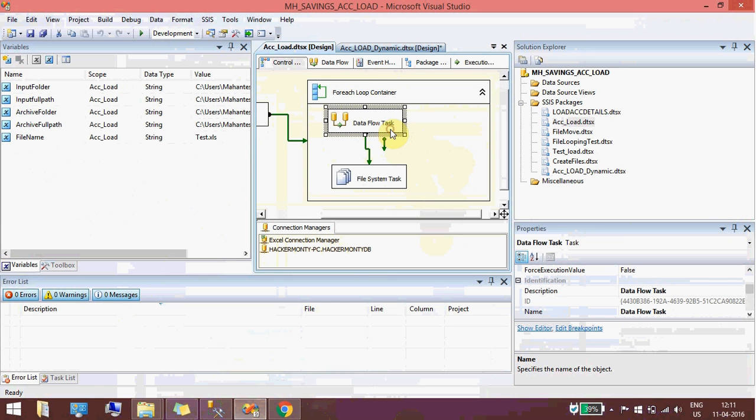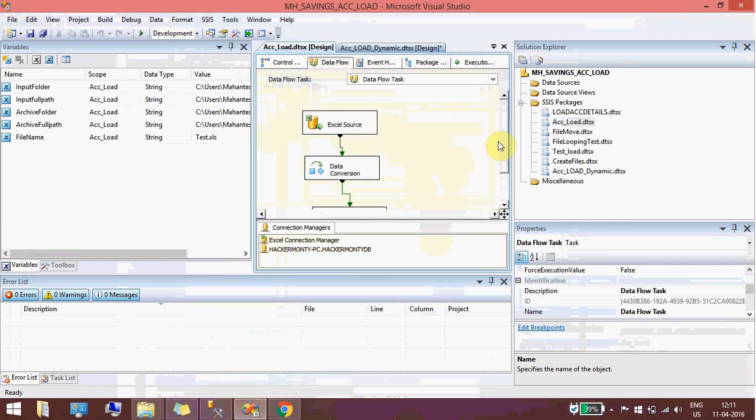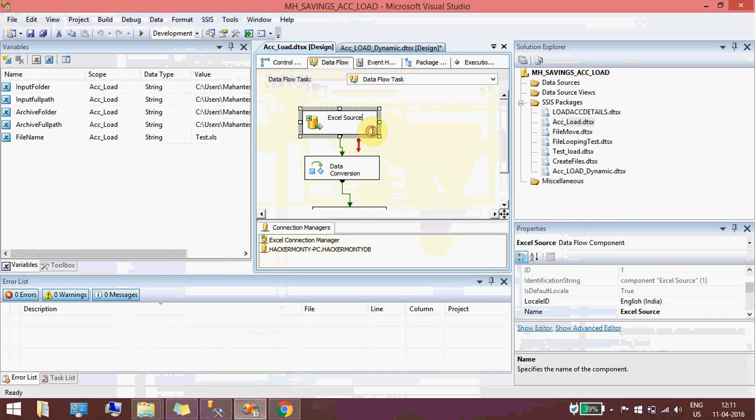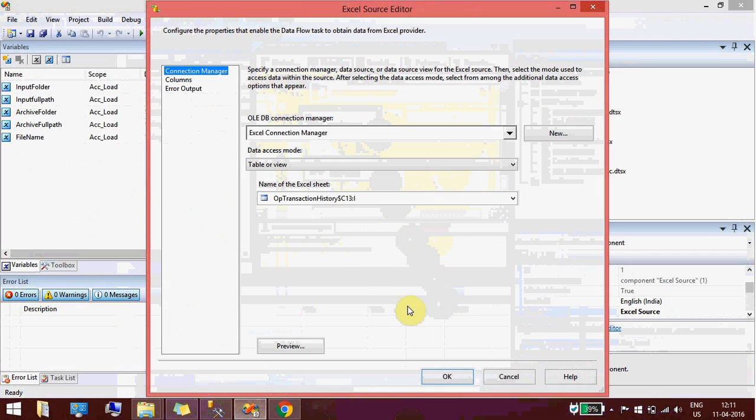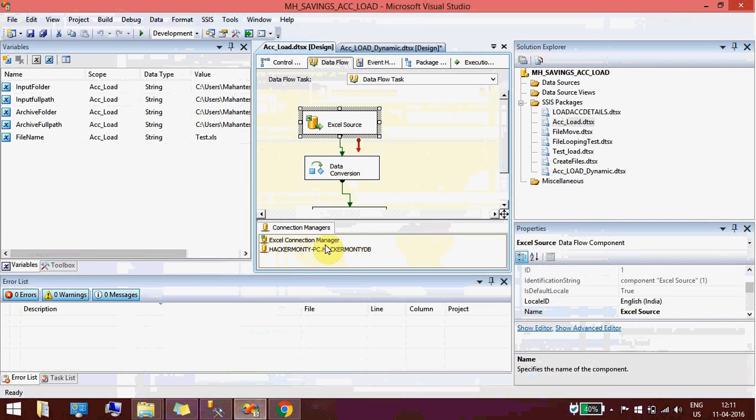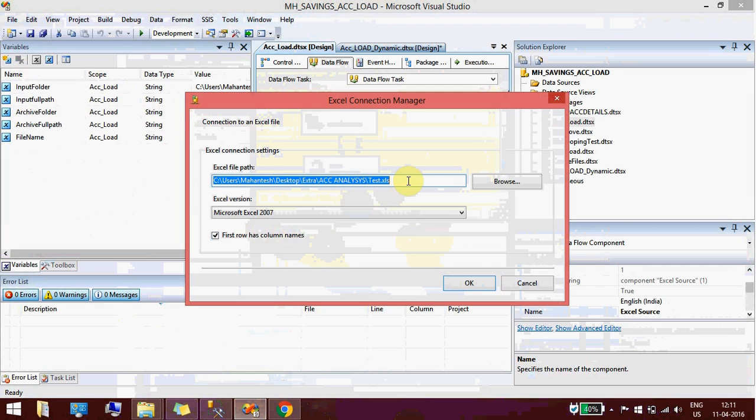Next, you drag one data flow and define the source, in my case as I explained before. I created an Excel connection manager. You can see it here, where the file is located.